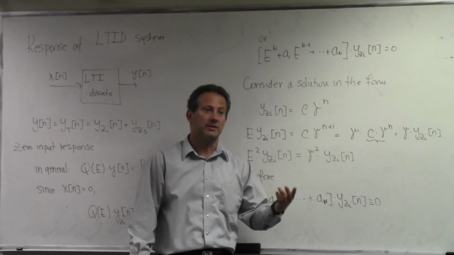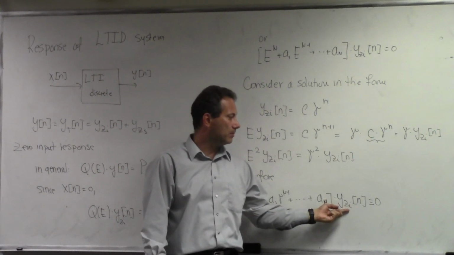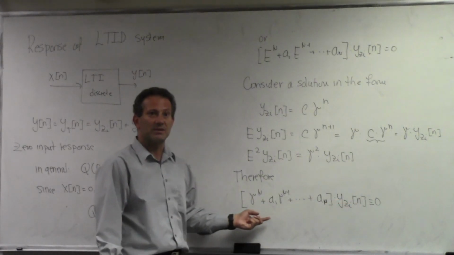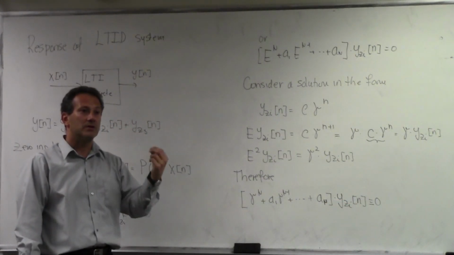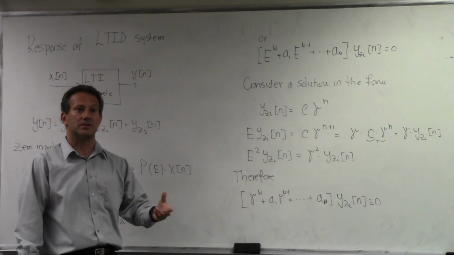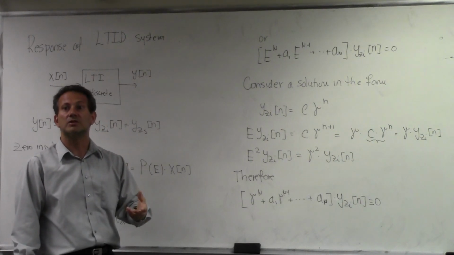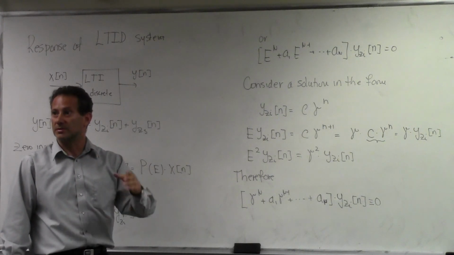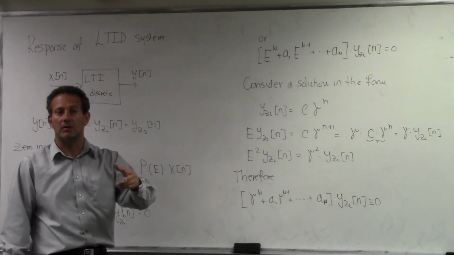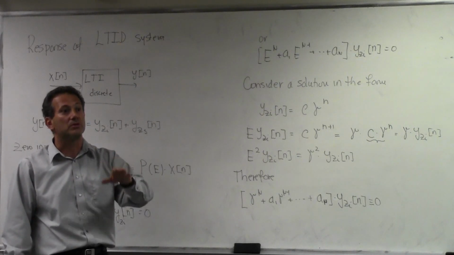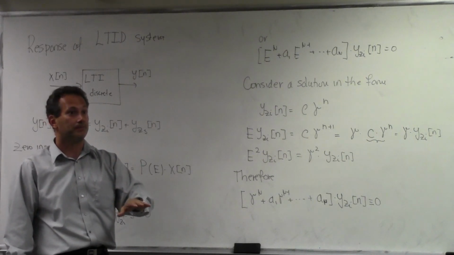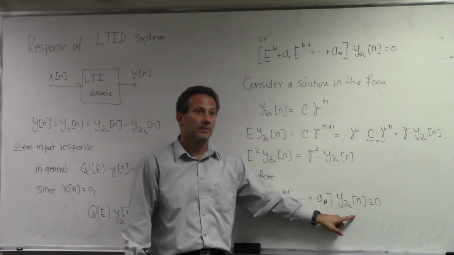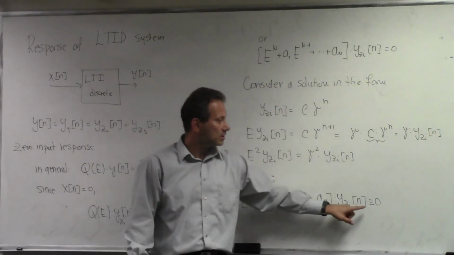There are two possibilities. Zero input of n is equal to 0 itself, which we already discussed. This is a trivial case where there is no energy in the system. Your initial conditions are 0. Therefore, nothing ever shows up in the output of the system because the system is relaxed to begin with. But if your initial conditions are different than 0,